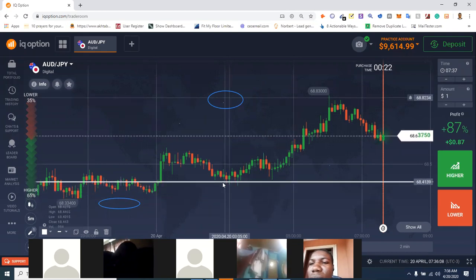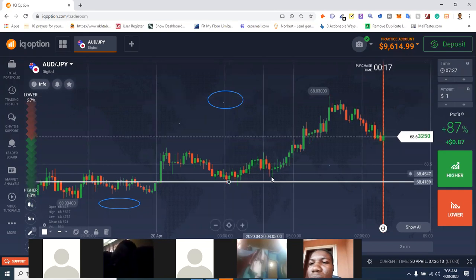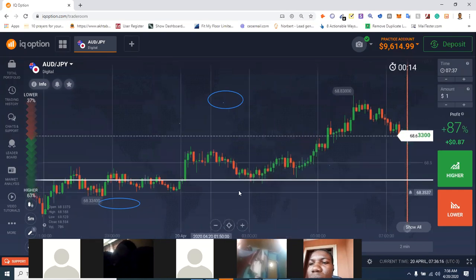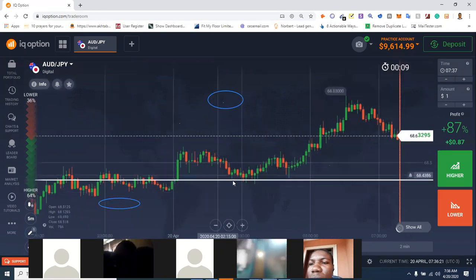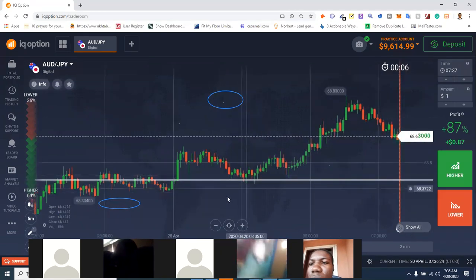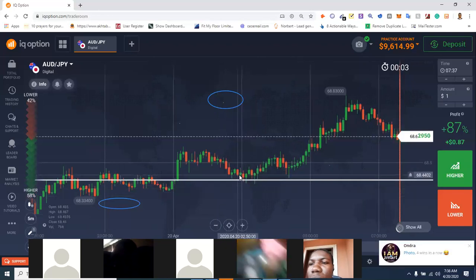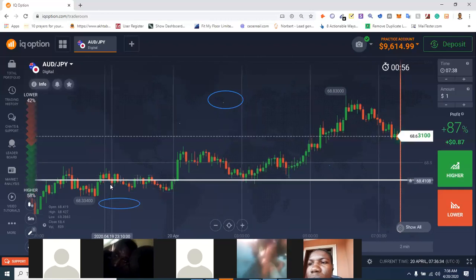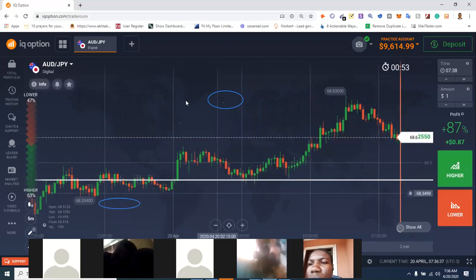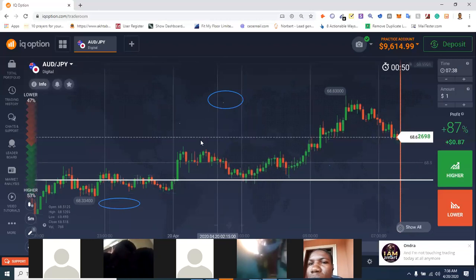If I pick this one, no, I have only one here. I only have this region here. This is the only one I have. But at least it will still do. Why? Because we can see that the market was ranging here. What do I mean by ranging? It is not bearish, it is not bullish. It does not have a specific direction, a pattern it's following. That's what I mean by ranging. The market was ranging here, so I can pick this region as my support.